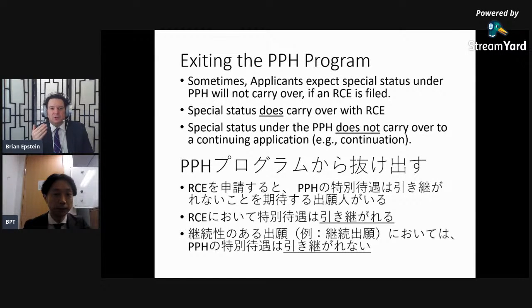But now, that's been clarified that they're not, and special status does carry over with the RCE. What that means is when you file the RCE, you are still in the PPH program. You cannot escape the PPH program by filing an RCE. So, in our hypothetical prosecution,